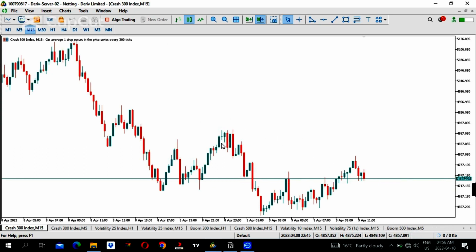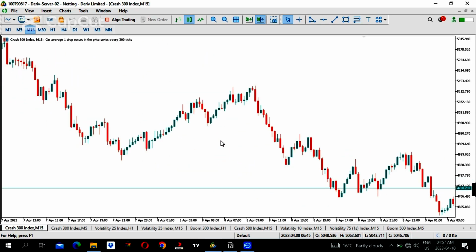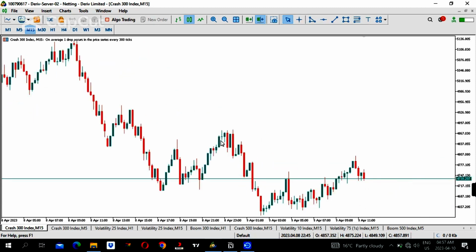So trend lines, I'm going to be teaching you what trend lines are, how to draw them, and everything else that you have to know. In this part, I'm going to be showing you just trend lines, respecting the trend lines and the breakouts. The exact patterns I'm going to be showing you in another video